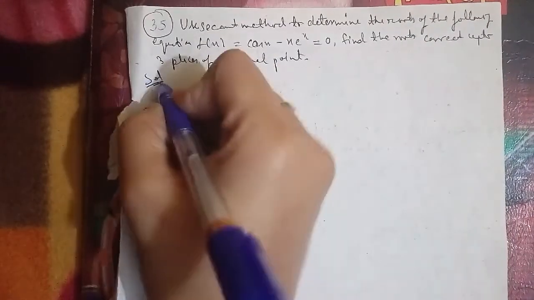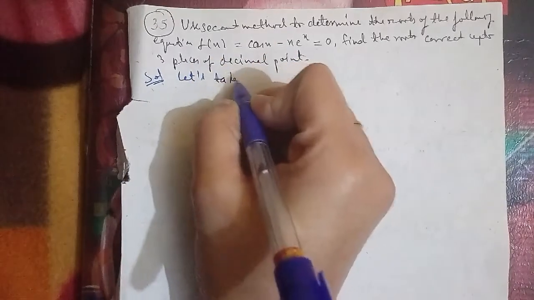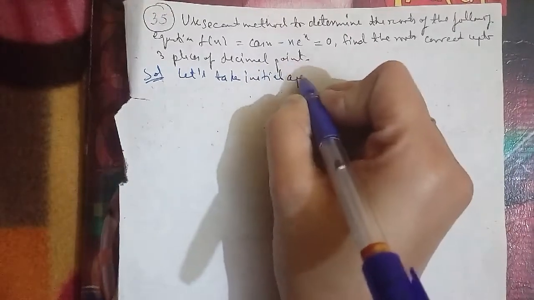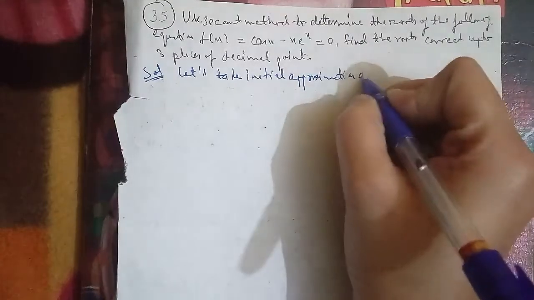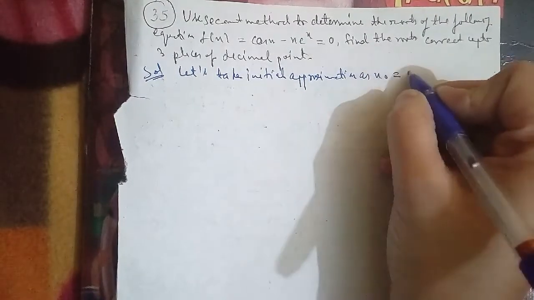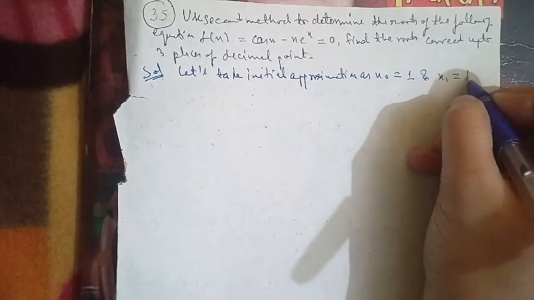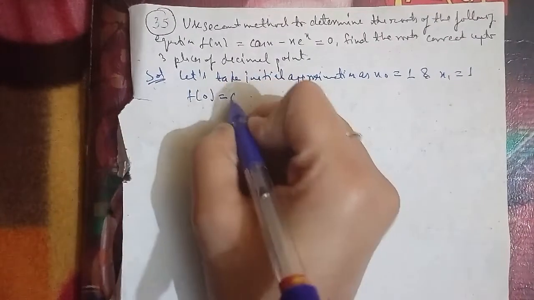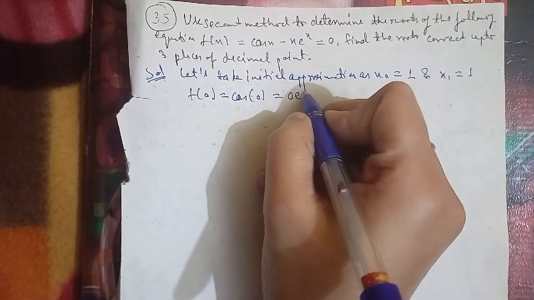Let's take initial approximation as x0 equals 1 and x1 equals 1. f0 equals cos 0 minus 0 times e to the power 0, which is equal to 1, and f1